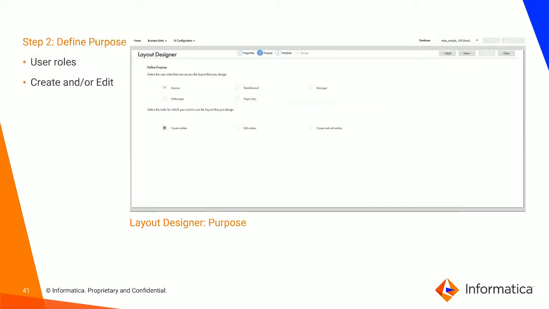Clicking next takes me to the define purpose step, where I can define for which user role I am actually making this layout. Is it for everyone in the organization? Is it for specific administration use? Is it for data stewards only? And things of that sort. Currently, the context that this layout editor tool allows us to define for are the create or the edit context. Create is when you are actually creating a brand new record. Is this layout supposed to show up then? Edit is when you are viewing an existing record, and selecting that would enable this layout